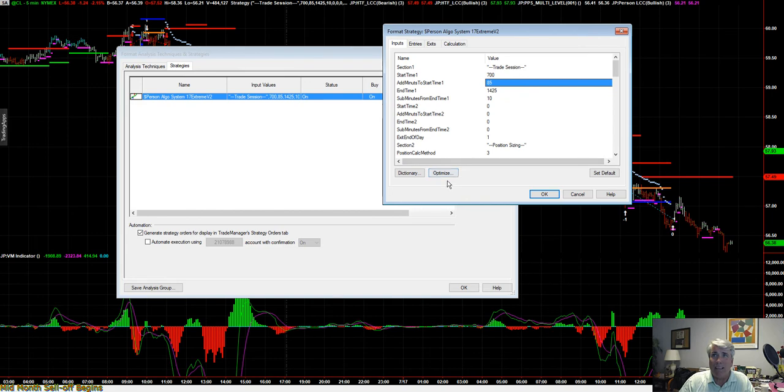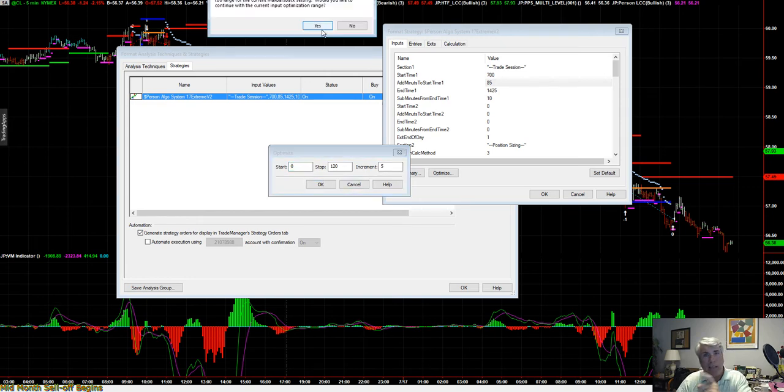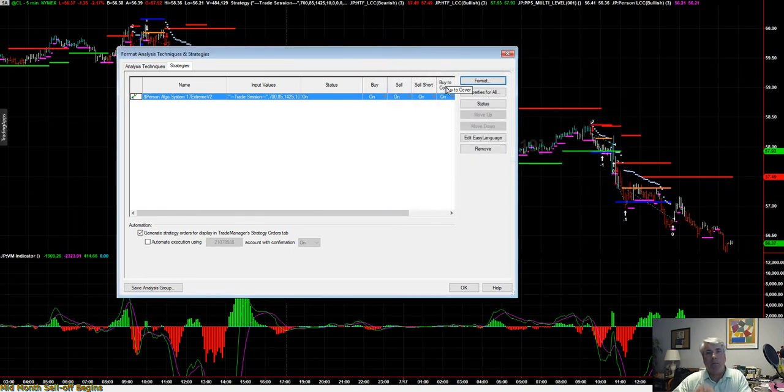How do we figure this out? I don't. I hit optimize. I hit 0, 120 minutes at jump rates at 5. That's what we did. This is what we developed. So it allows you, the user, to optimize the best time frame or the best signals within the time frame